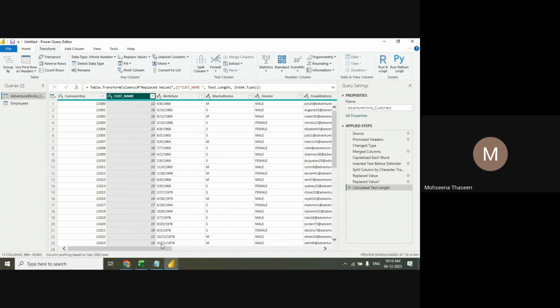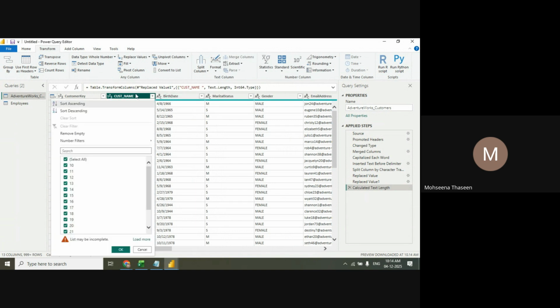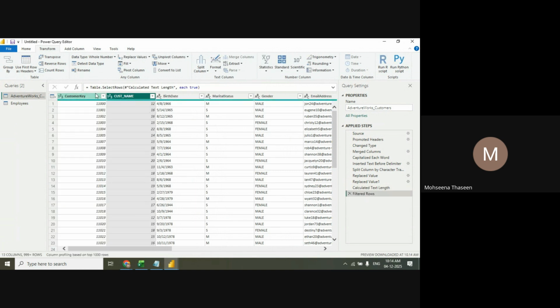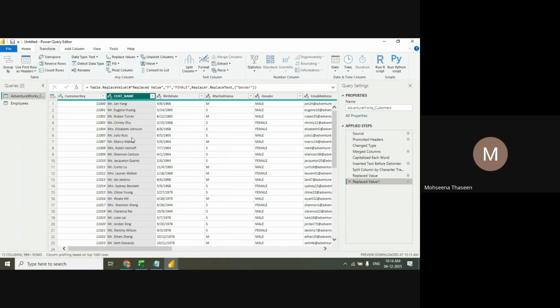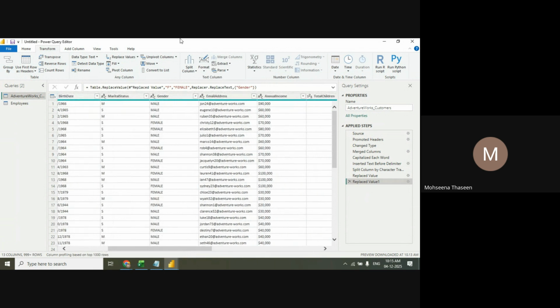Here the numbers are shown. How many words are there? How many characters are used for your username? It is 31, including the at-the-rate symbol and any special characters, all of that has been included. Got it? All of these are text transformations, and in this text transformation, Extract Length has been given. And if you want to extract only